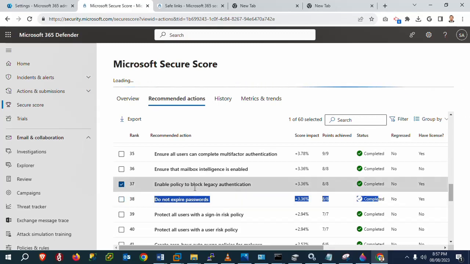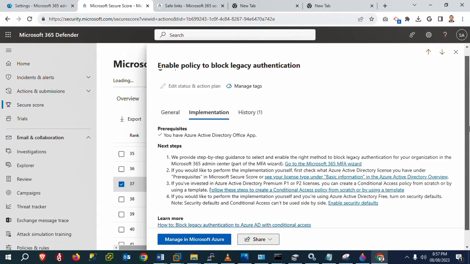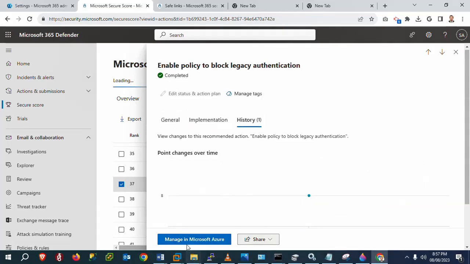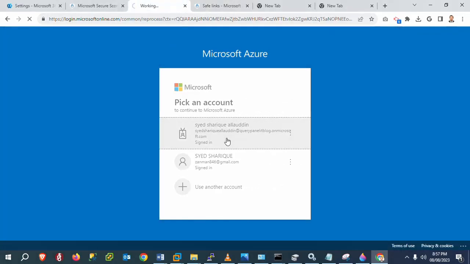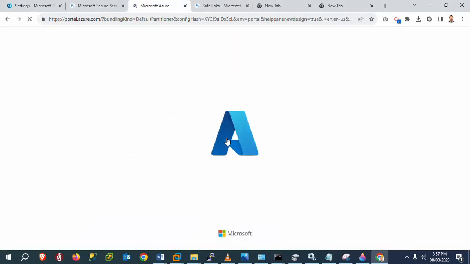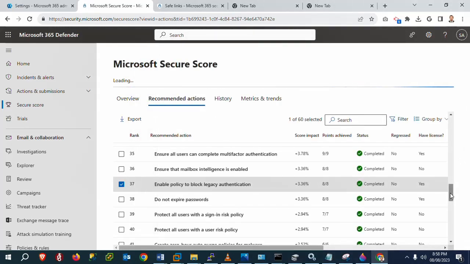You just need to click on this and double click. You can check over there the implementation managed by Microsoft, and safe link. You can check the safe link. Again you need to log in, click on, and you can apply these services. So this is the process to secure your